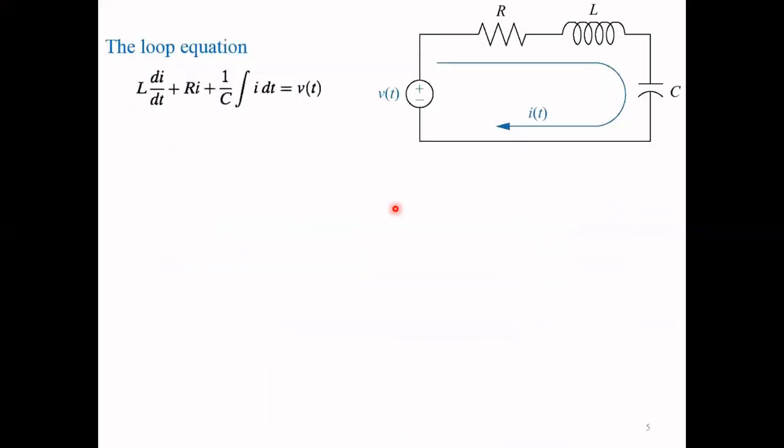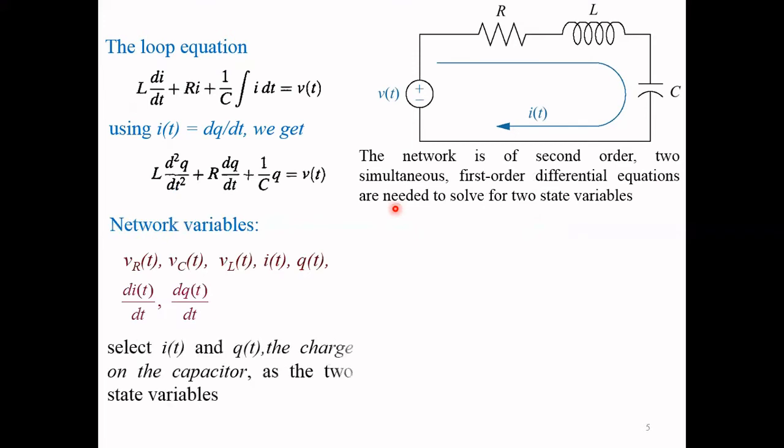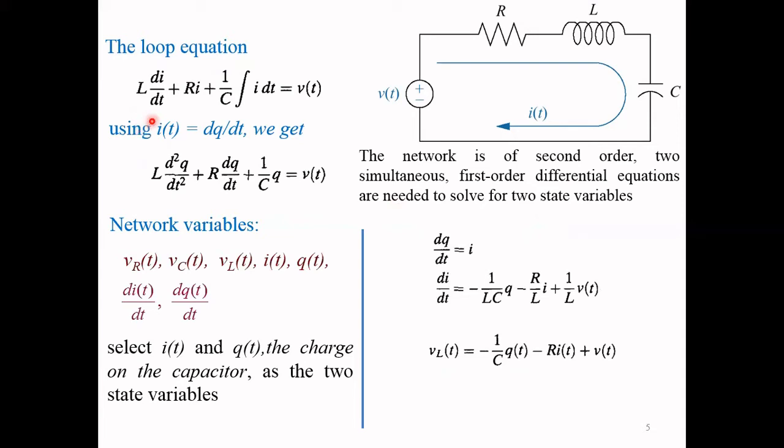For the RLC circuit, now this is a second order system. We have to write two state equations for this. First of all, we have written the KVL across this loop. Voltage across resistance, inductance, and capacitor will be equal to the input voltage. So these are our voltage across inductor, voltage across the resistance, and the voltage across the capacitor will be equal to the input voltage.